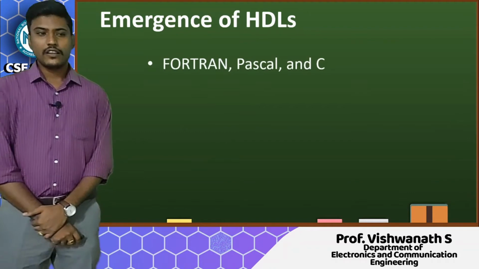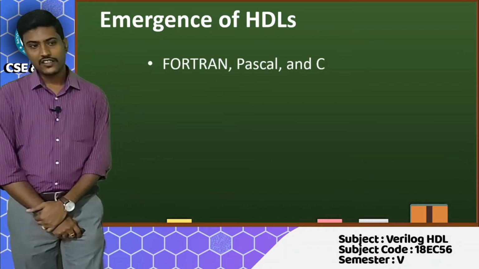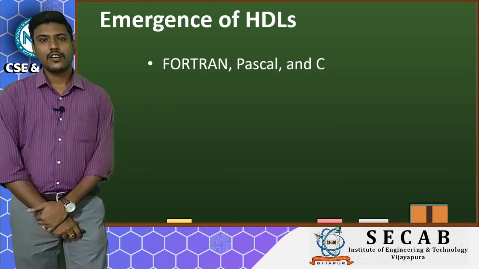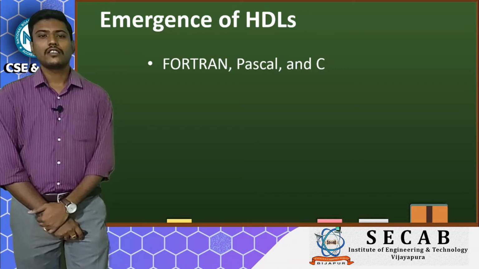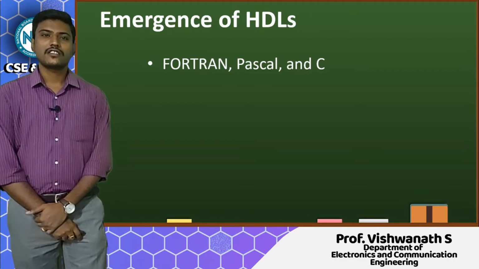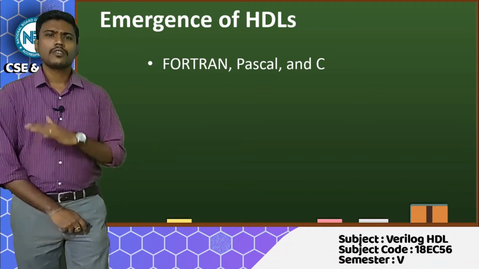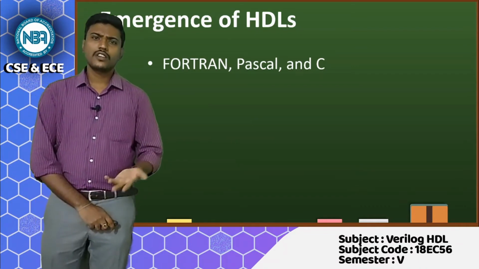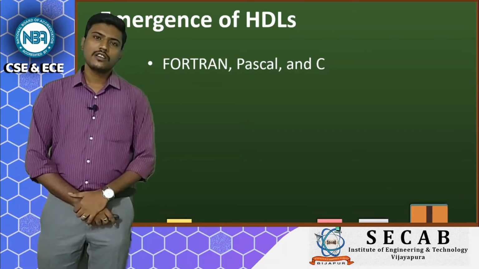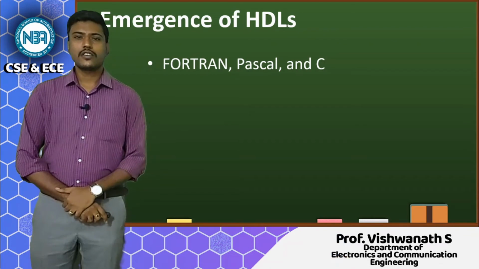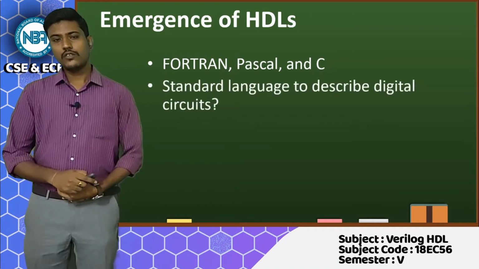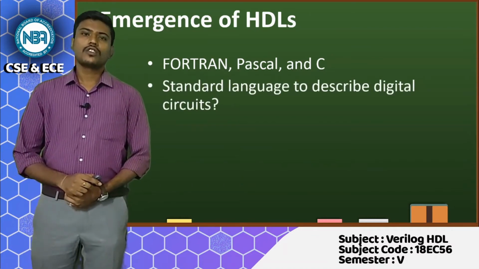As we know, in the 1960s and 1970s, Fortran was a very much used language, and even C was introduced in the 1960s and 1970s, and we know that C is the mother of all the languages, because most of the languages which have been there are almost similar to C, and C is an easy to understand programming language. So they did not go for these languages.